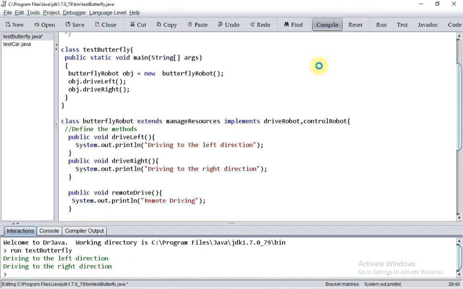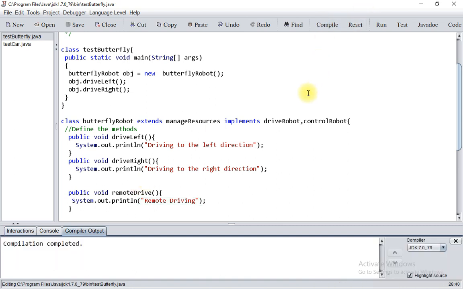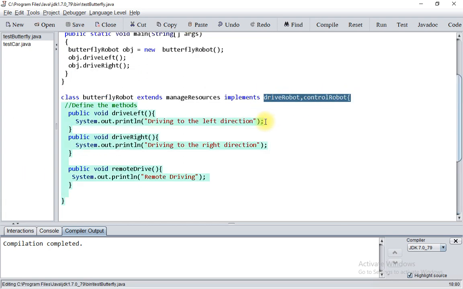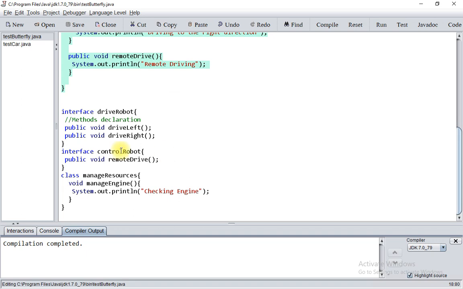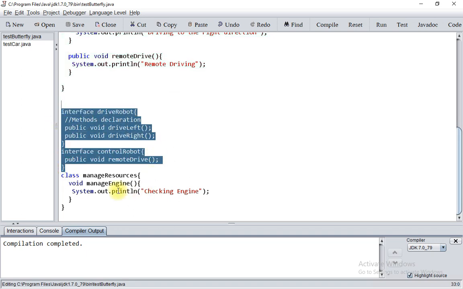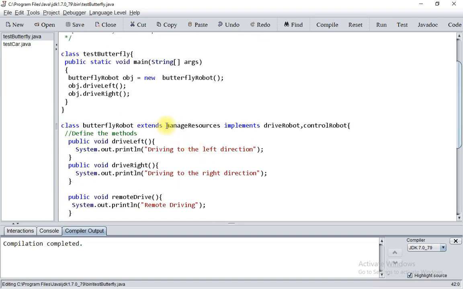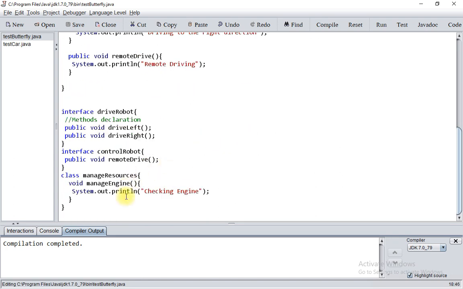See, so that is it. You can implement more than one interface. So we have two interfaces here, and then you extend or you inherit one class. Only one class can be inherited. If I put another one here,